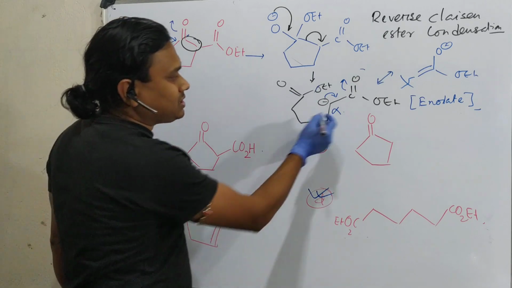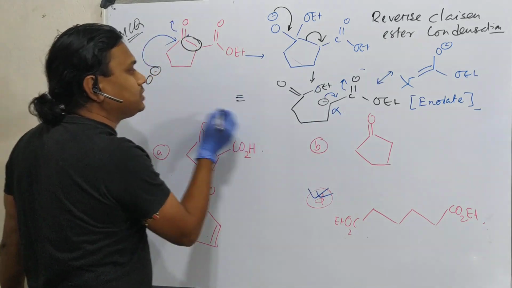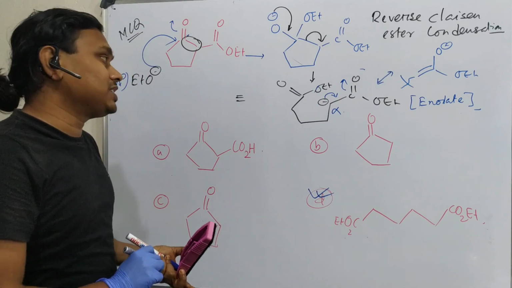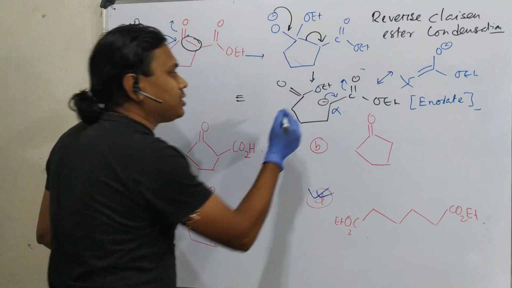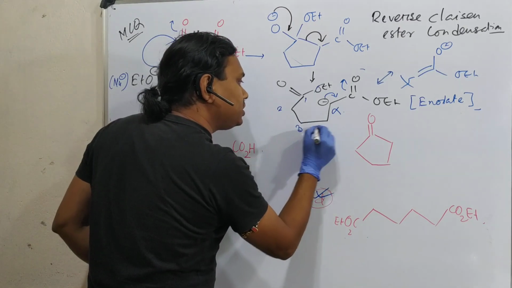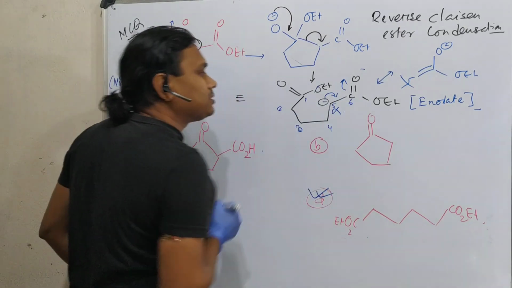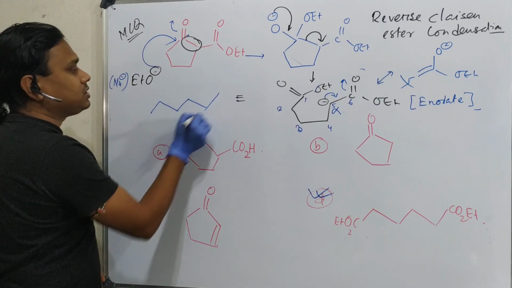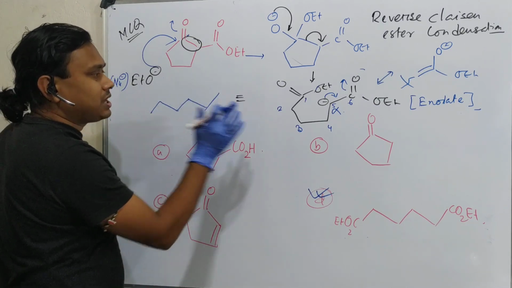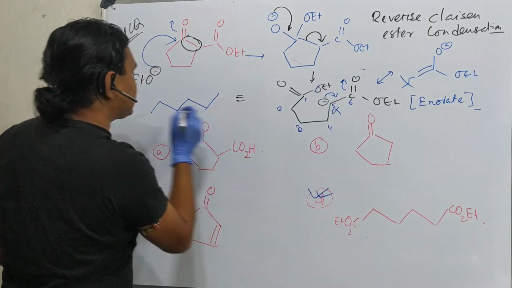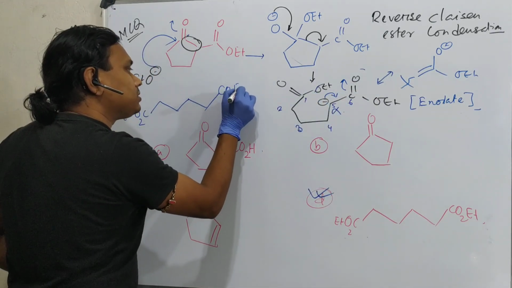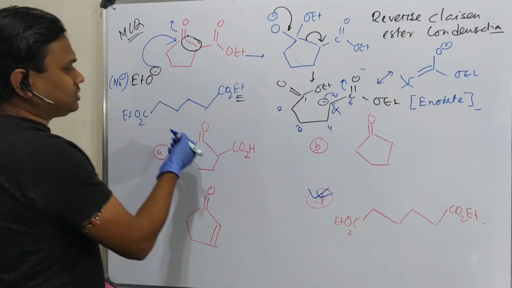Now just draw this molecule in a slightly different way. In this case also, I suggest you students first do one thing: make numbering, 1, 2, 3, 4, 5, 6. So it's a 6 carbon species. So just draw 6 carbons, 2 to 4 to 6. And 1 and 6 are carboxylate esters, CO2Et, CO2Et. Fine. Yes, so this is the answer.